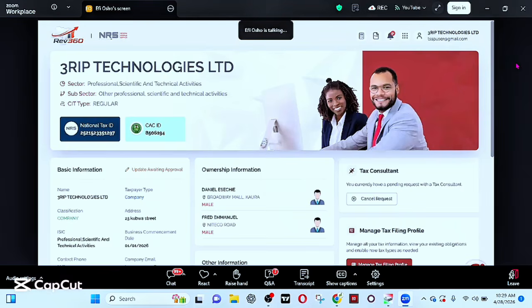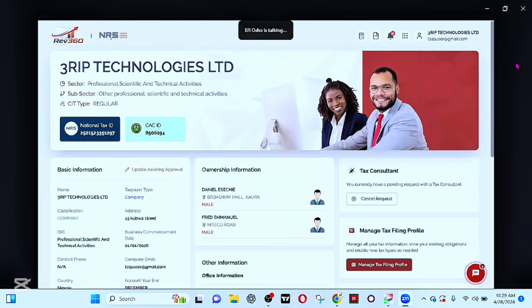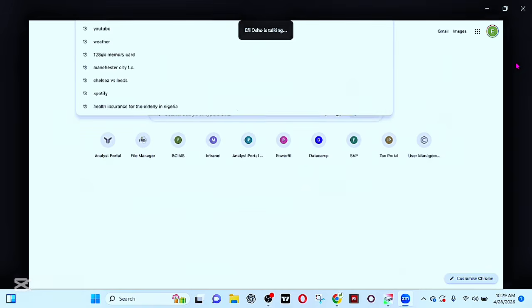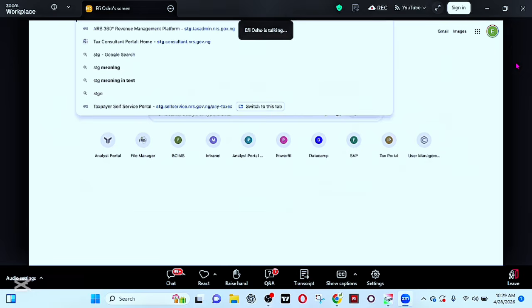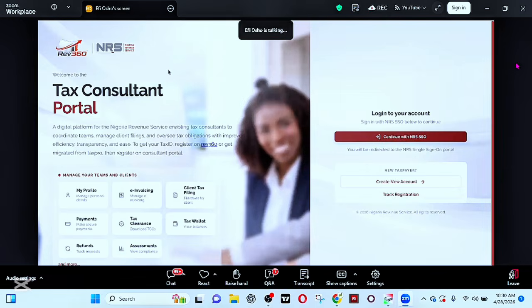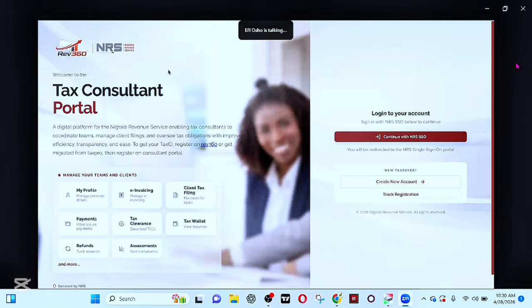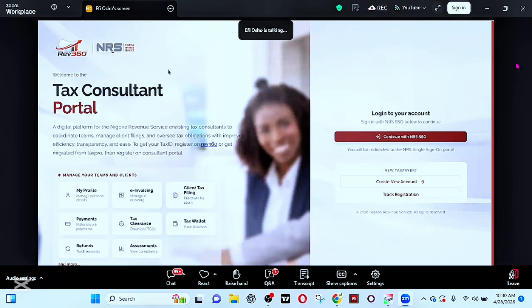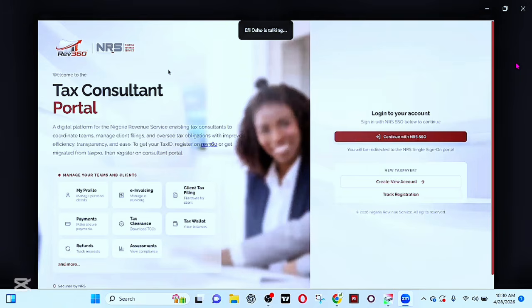Also we have the consultants portal, right? The consultants portal can be accessed through this. This is the consultants portal, right? Now, consultants portal is where registered consultants will come and get onboarded, and then they can now serve their taxpayers